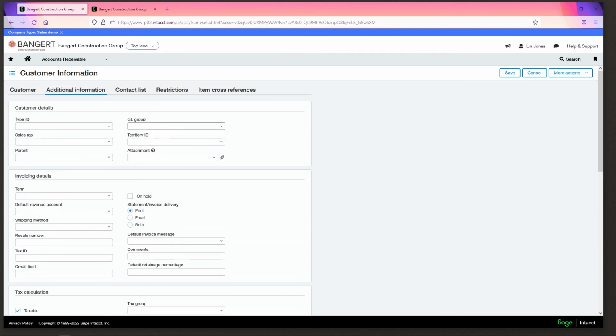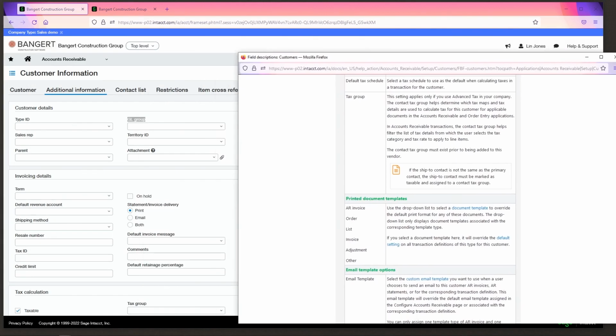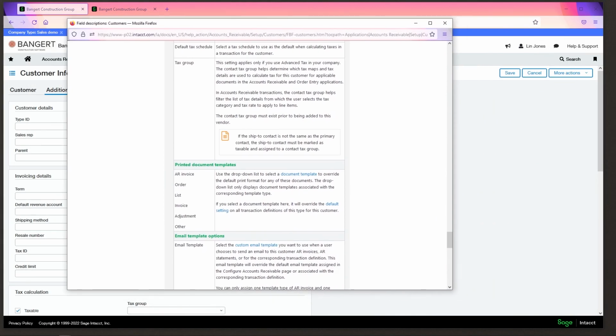Oh, one other thing about the GL group. This is useful for, say, you have government customers and you have private customers. Government customers, maybe they only use one GL account and the private customers use another GL account. This is one of the big uses for GL groups, so that it creates that default GL account in order entry and jobs. And that is it for this video,